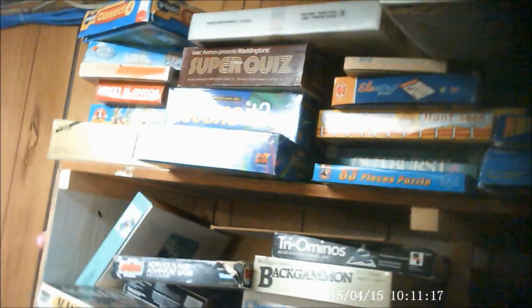Now lately I've been scooping up older board games just because they're fun to play and obviously they're so reminiscent of our childhood. Now when I saw this I was really excited to see it. It's a 1981 Ice Hoth Planet. It's a Star Wars playset and it's in English, which is a big thing because guys, it's hard to find English board